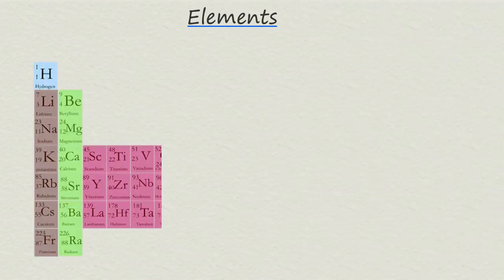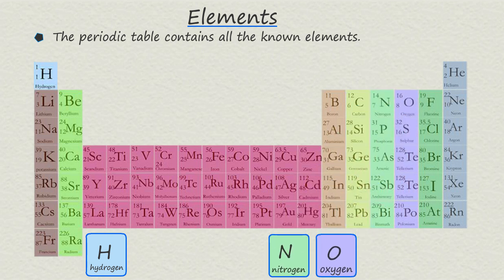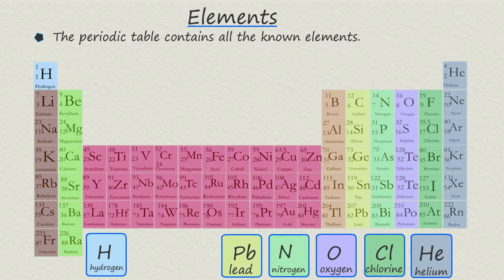All the known elements are listed in the periodic table, and hopefully you will be able to recognise the names of some common elements from the periodic table, such as hydrogen, the gas which burns with a squeaky pop, the gases oxygen and nitrogen which make up most of the air, chlorine gas which is used in the manufacture of bleach and disinfectants, helium which is used in hot air balloons, lead metal which is used in the manufacture of